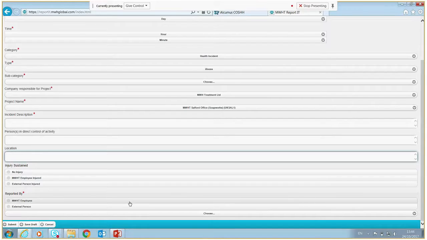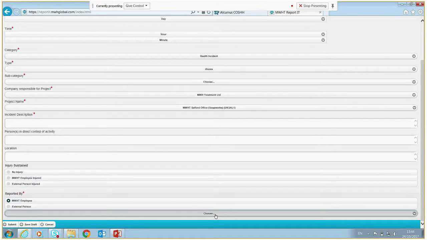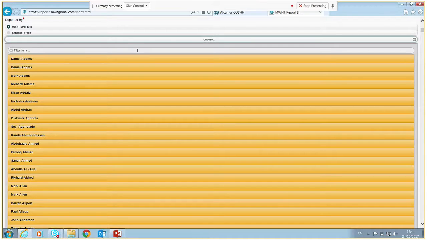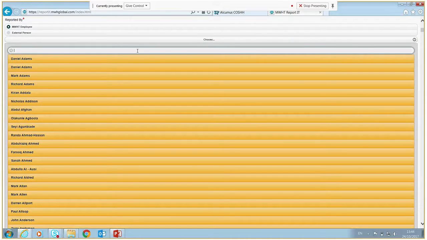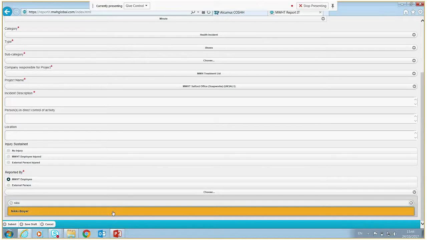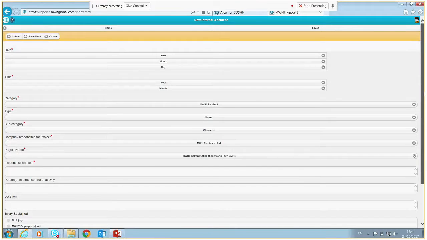And then again, reported by, is it an MWHT employee or an external employee? If you click on MWHT employee, it will give you the option to select a person. So let's just select myself there. From there, I haven't filled in all the boxes, so it's not going to actually submit that. But again, if you click submit, you should get the green fields on the top right hand corner to say it's successfully gone into the system, and within 15 minutes